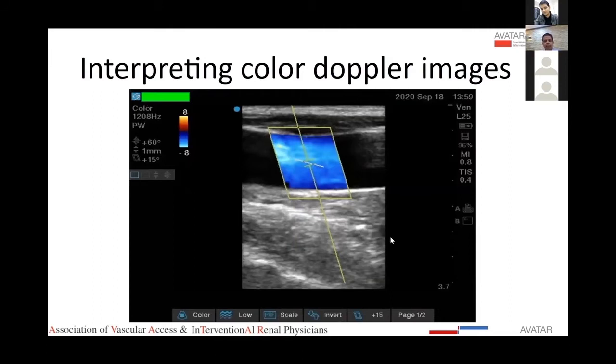This is probably the most important slide in the whole presentation. Initially it becomes very difficult to image the veins using Doppler. There are so many conventions involved. So what exactly is the blood flow? Where is it flowing? What is the direction? These are the questions that we need to answer. And two or even three images which look very dissimilar can in fact provide the same information.